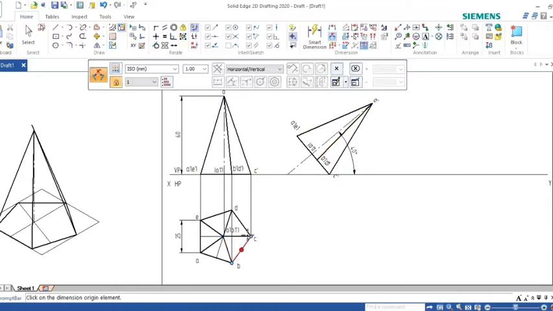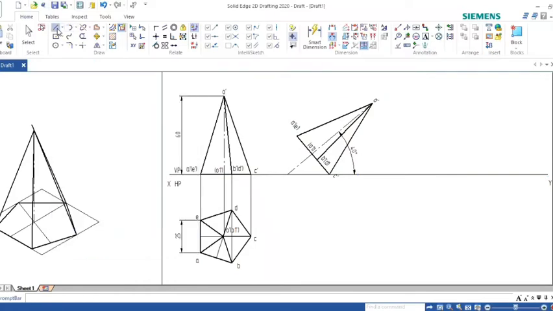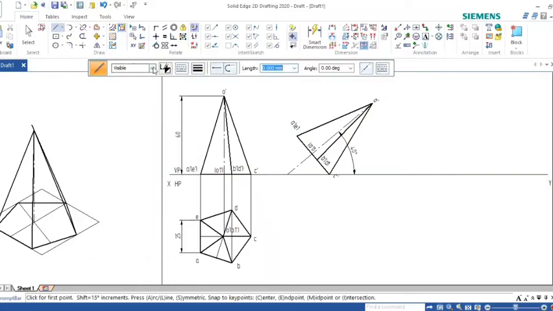Once you draw this, here in the software, you can rotate and make the position with the axis inclined to 40 degree. Once you draw the front view, now you have to draw the top view. How to draw the top view? Go to the line command, take a projection line here, a normal line. I'm not going to take a projection line, but a normal line.